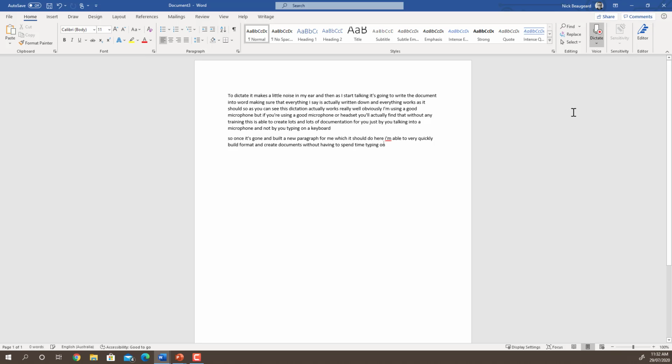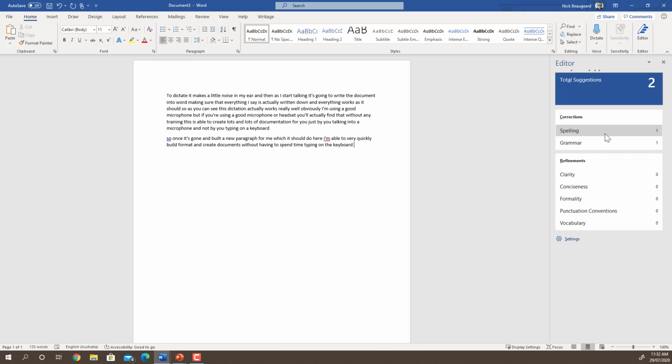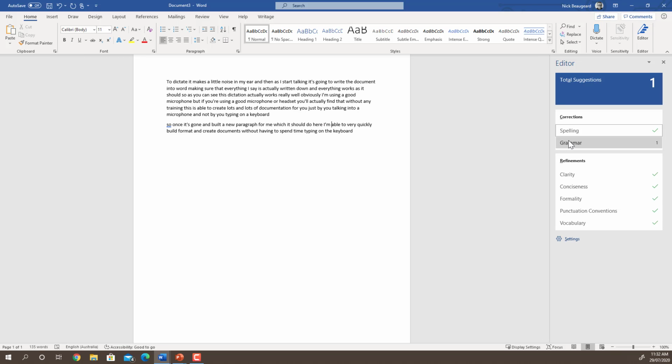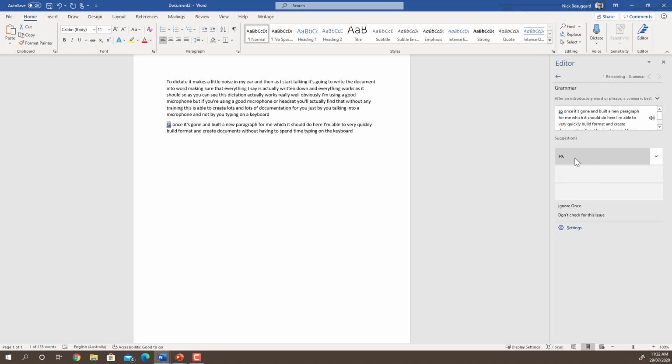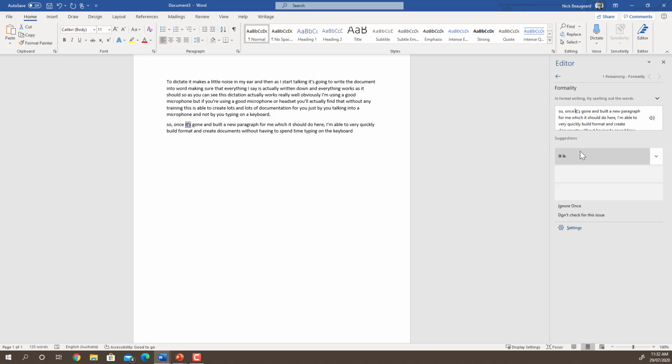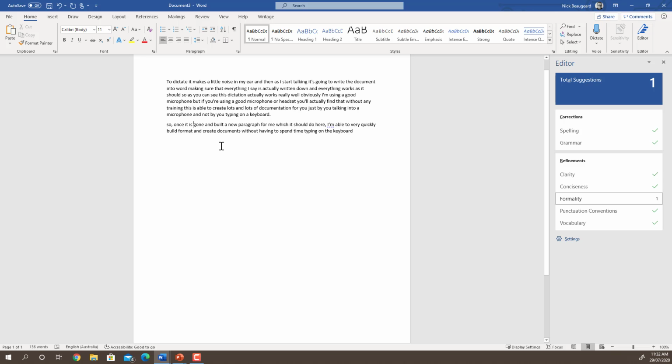Full stop. Now, if I stop dictating, I can go back into the editor, and the editor is going to come up and give me abilities to fix some of the things which are there. I've got a grammar issue. Let's put the comma in there, and I'll put a full stop at the end of that one, and I can do some punctuation and fix some of the other things as it finds them. I've got a bit of formality, so there we go. So I can use the editor and dictator to create documents and documentation super quickly